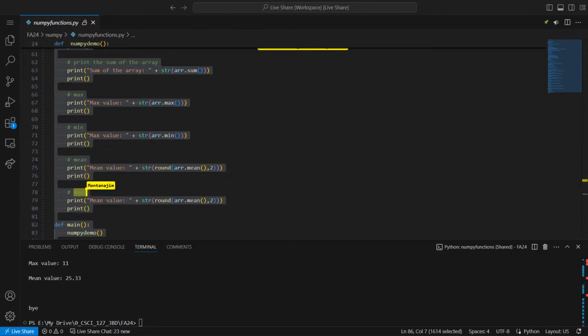And this could be our STD, our standard deviation. And it becomes STD. 14. Let's see here. Is that about right? Well,